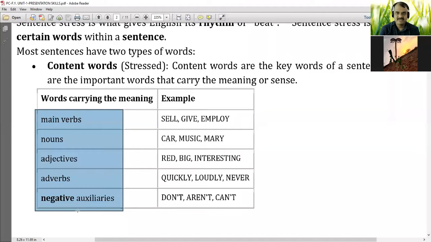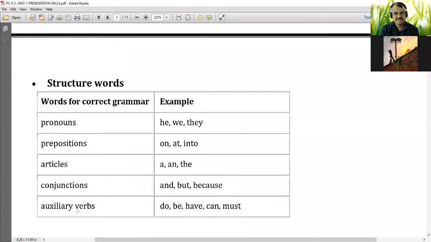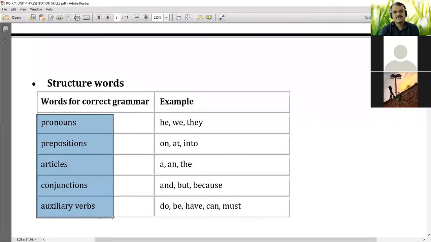Yes. Okay. So after that, we had moved towards structure words, which are less important and unstressed in our talk, in our pronunciations. So, had we discussed this or are we yet to start it? Tell me. Discussed. Okay, discussed. So, we have seen that all these words, highlighted words, are from the category of parts of speech. And those words are like pronouns, prepositions, then articles, conjunctions, and auxiliary verbs.